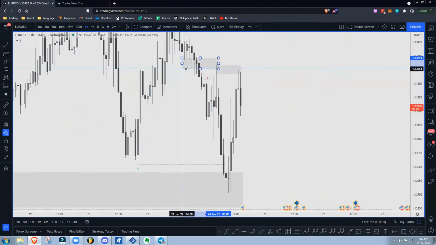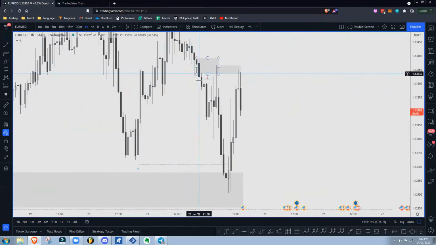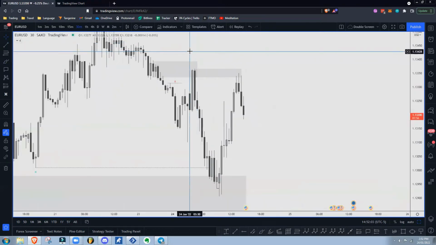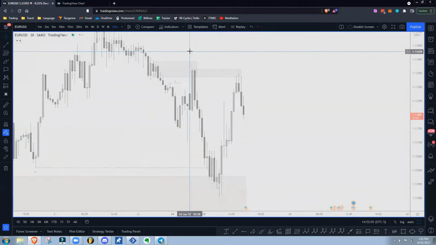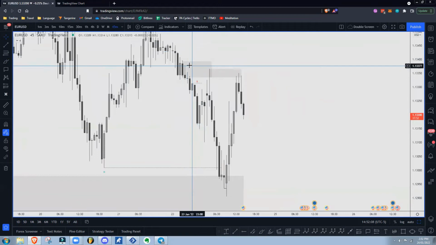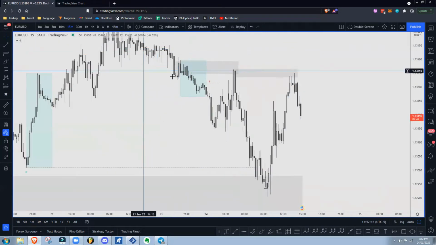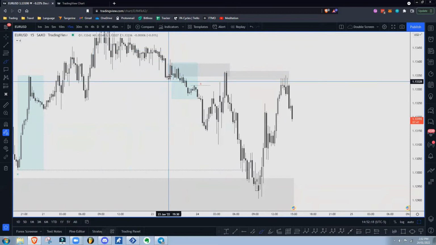take this, your breaker block, and you can modify it just to that because that's really the last candle. I guess you can probably find something a little bit cleaner than that. Let's go to the 45 maybe. Yeah, so you can see that this was really the actual block right there, right? And let's go to the 15, see if there's anything else clean in here. Yeah, really this last up candle mitigates, come back down.